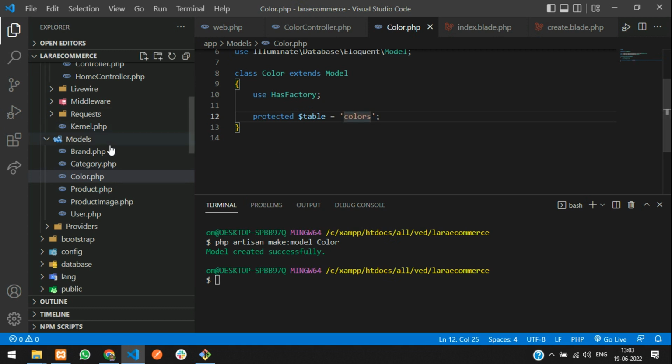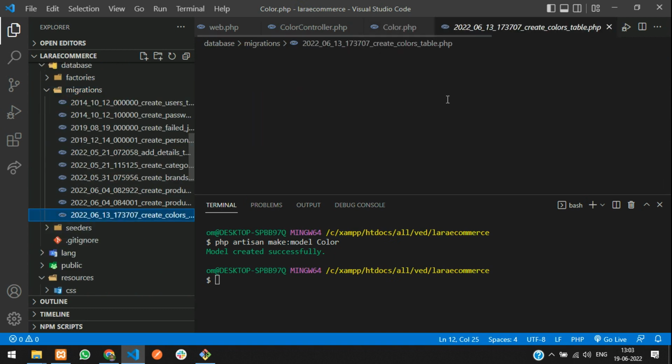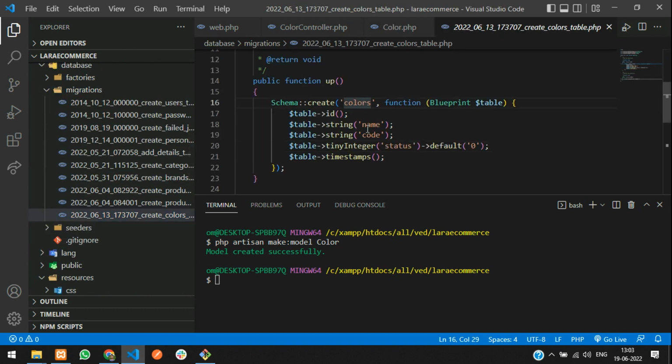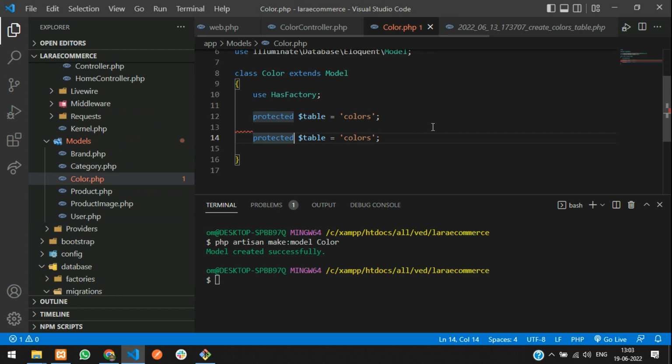Let me show you. Let's go to database migration, and you find that colors table. So you need to copy this colors and the fillable fields, that is name, code, and status. So 3 inputs. Let's get back to our model. Colors is a table name. Let's copy and paste this once again and change this table to fillable, and this will be in the array